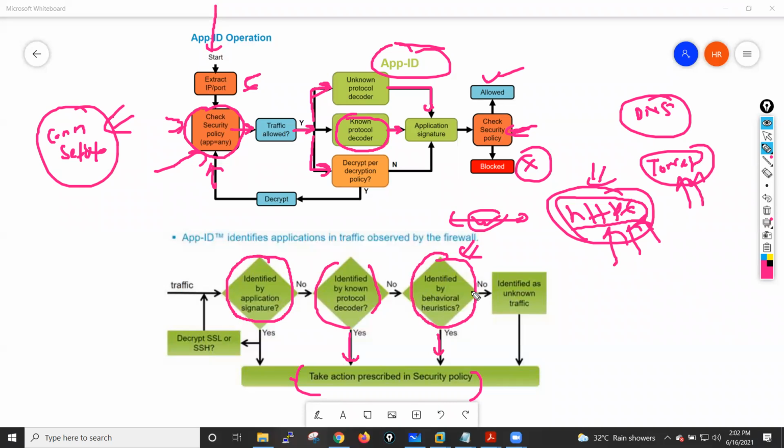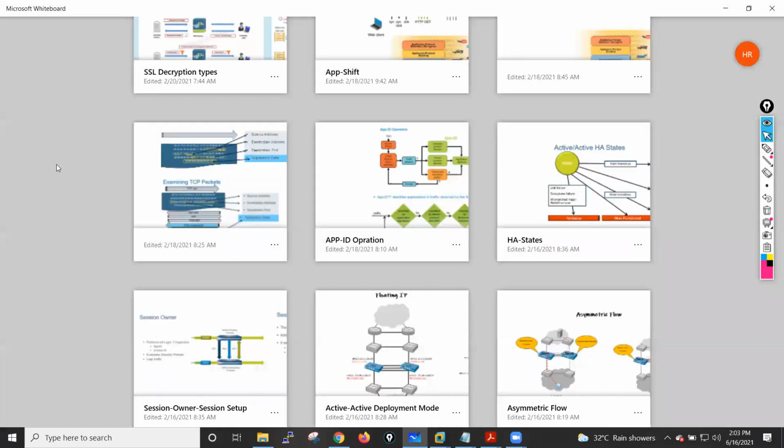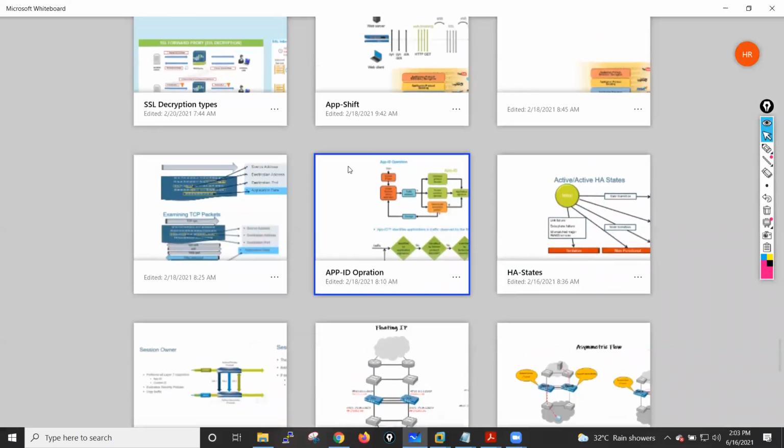If my firewall is not able to identify it, the application is identified as unknown, and whatever rules we have configured on our firewall, it will take that action accordingly. So this is basically the App-ID process. This is the way application identification happens, guys.